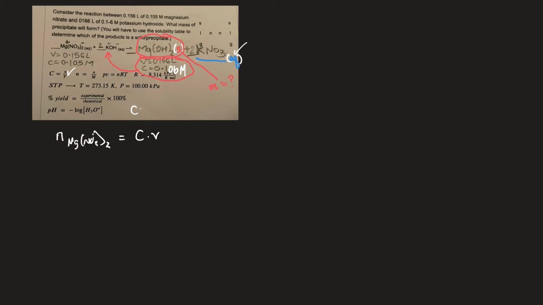That's my formula. C equals N over V. So if I'm solving for N, C times V. So the concentration is 0.105 moles per liter, and the volume is 0.156 liters. So the liters cancel, and that will leave me with,